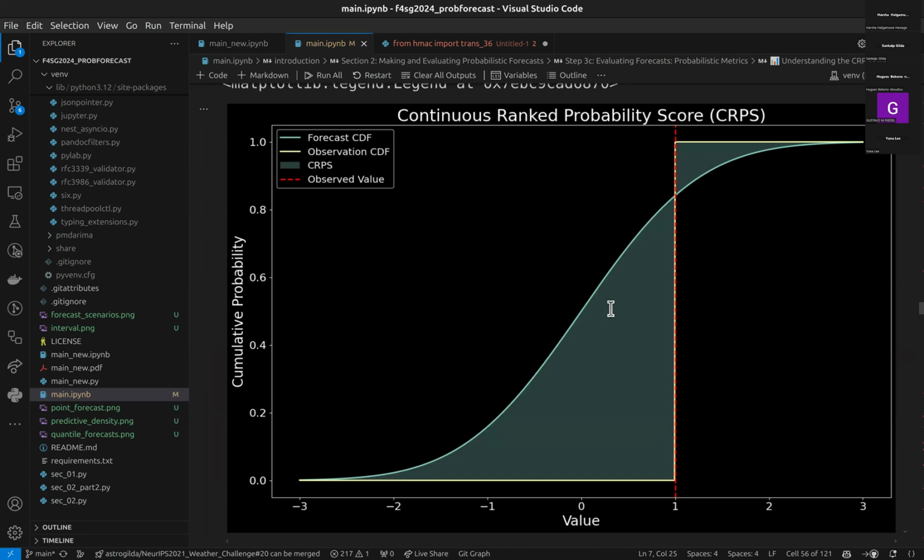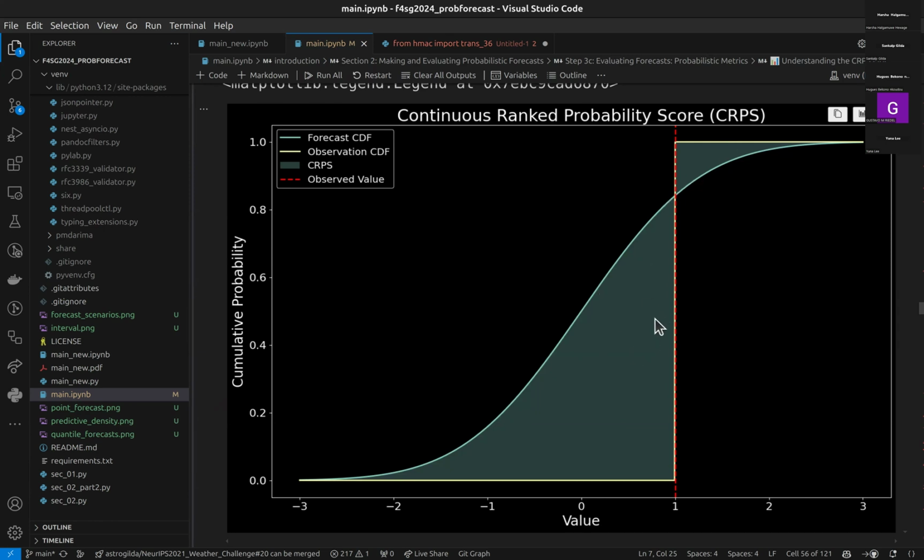In this particular figure, the value 1 on the x-axis is the true value. And what we've plotted are 2 CDFs, the original CDF and the forecasted CDF. The original cumulative distribution function will, of course, be 0 right up until it hits 1, and then it'll suddenly become 1. That goes without saying. In this dummy example, the forecasted CDF is not too bad. The idea is to bring the blue curve in line with the yellow curve, to reduce the total area